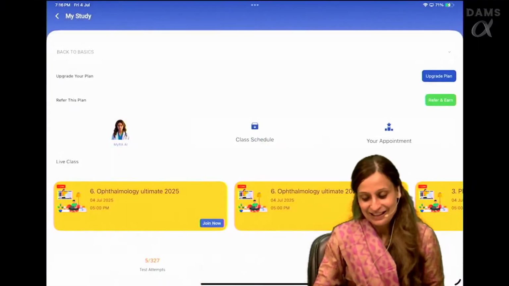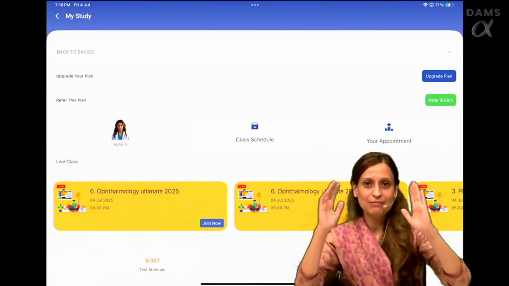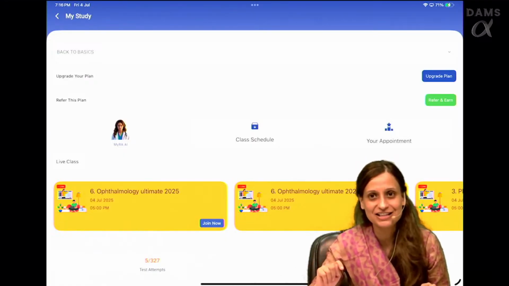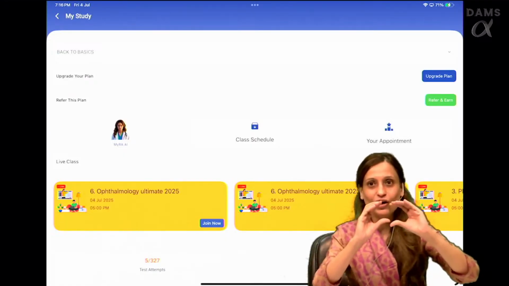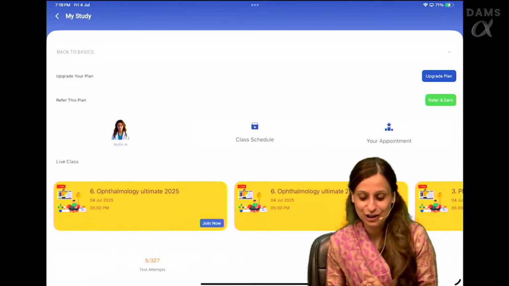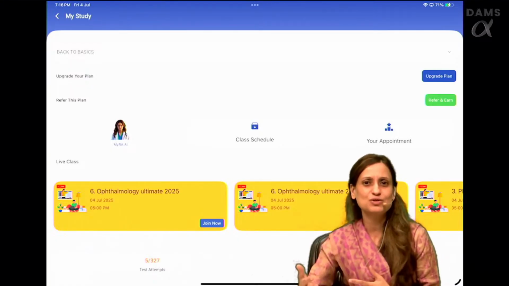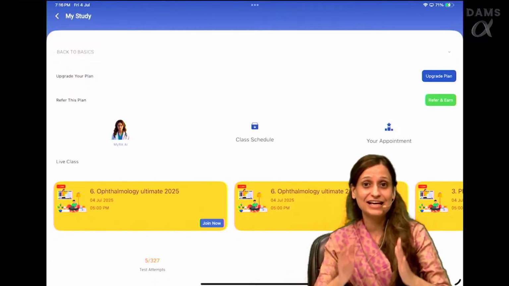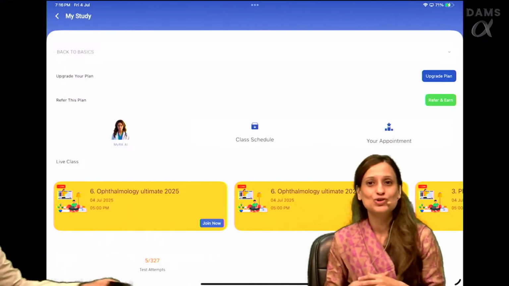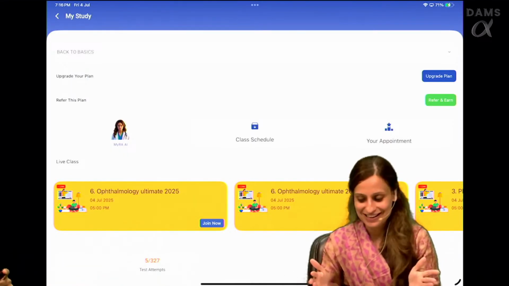Okay. There is another icon in the My Study section. So once you have enrolled for the course, you go to My Study section. The first shortcut is Myra. The second shortcut you see is the schedule, right? So in case something special is coming up, you can see the schedule within your study itself. It is updated. So whatever would be coming up, you can see it there.